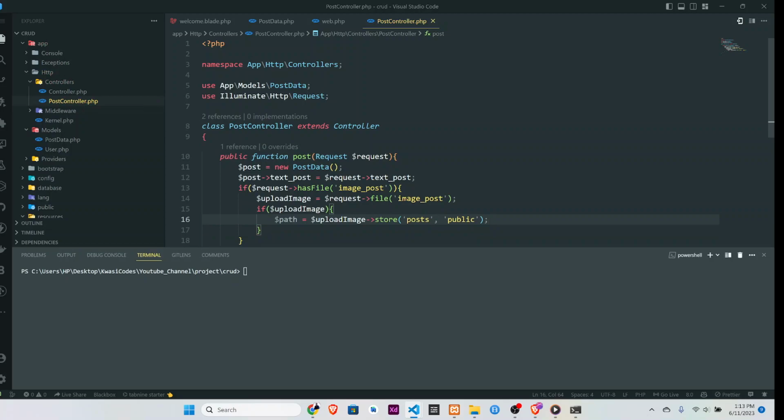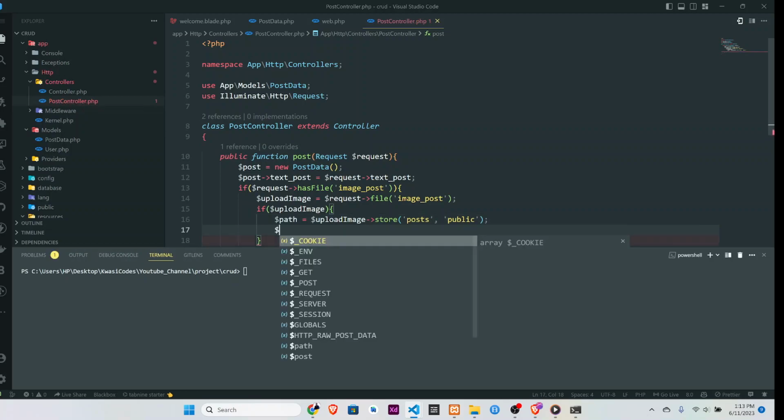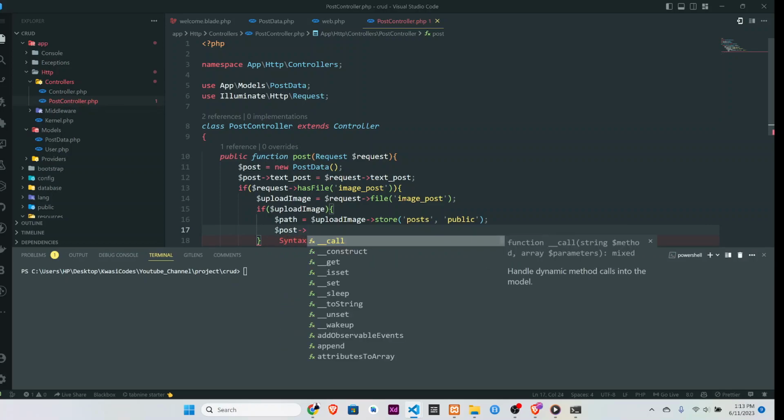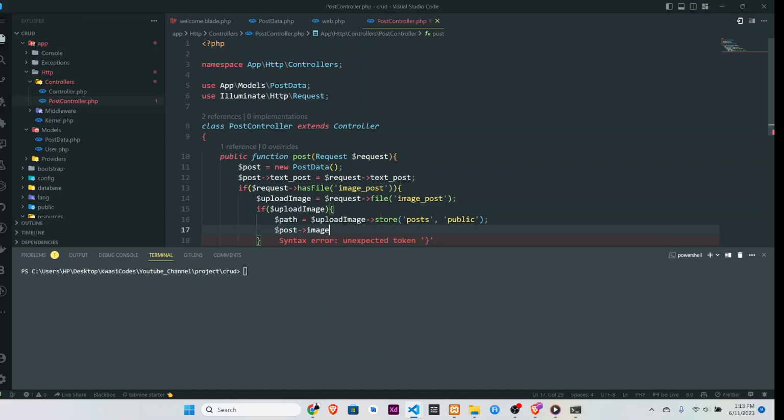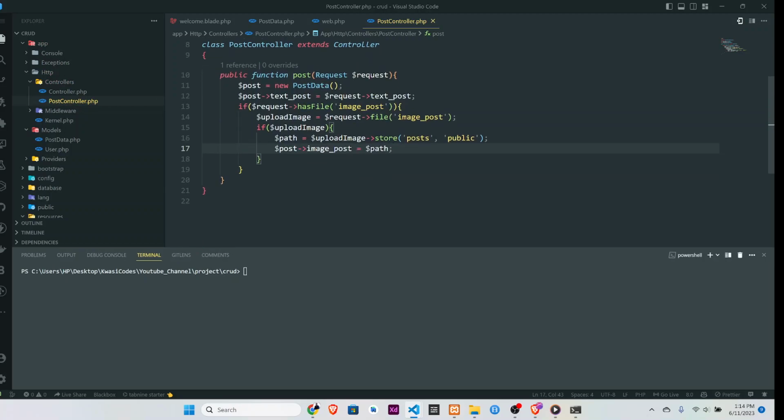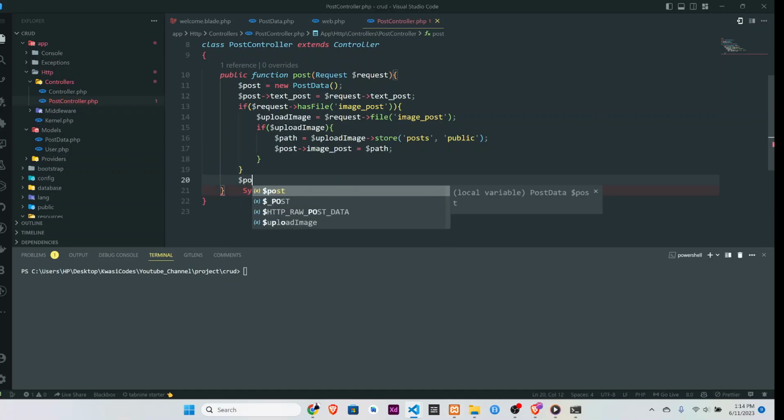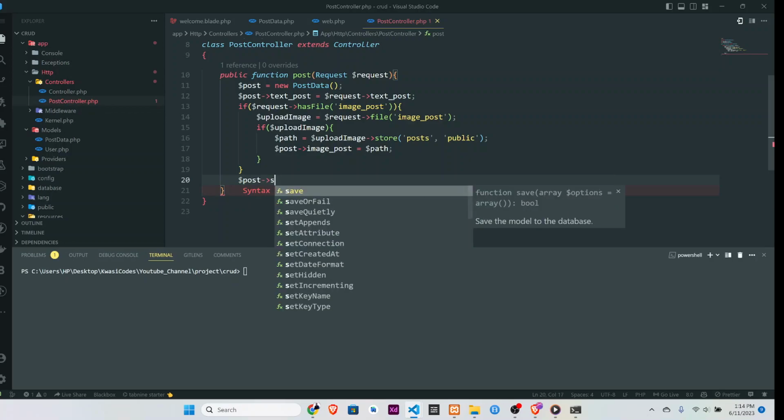Alright, so now that we have this, we are going to assign the post variable that we created at the top there to the image post, right? That's how we named it in the model. The image post is equal to this path, right? Okay, so now we have this. I think we can save the post now. The post can be saved